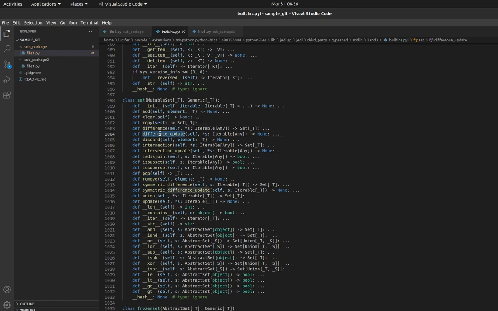Difference update, intersection update, disjoint, subset, superset, right? All these things are used in data science. Remember, in mathematics we also have sets, right? These sets act similar to those sets.